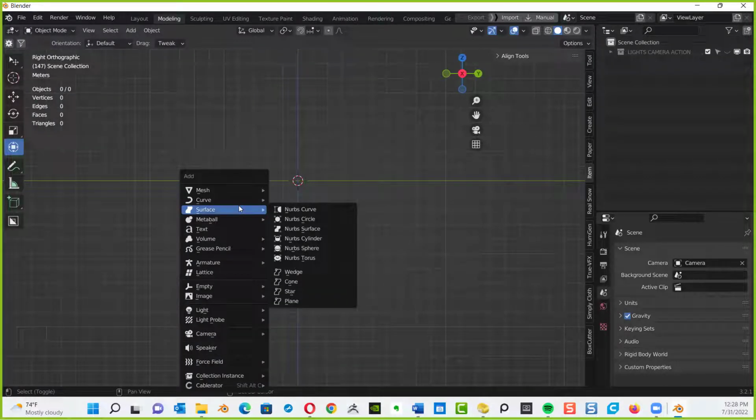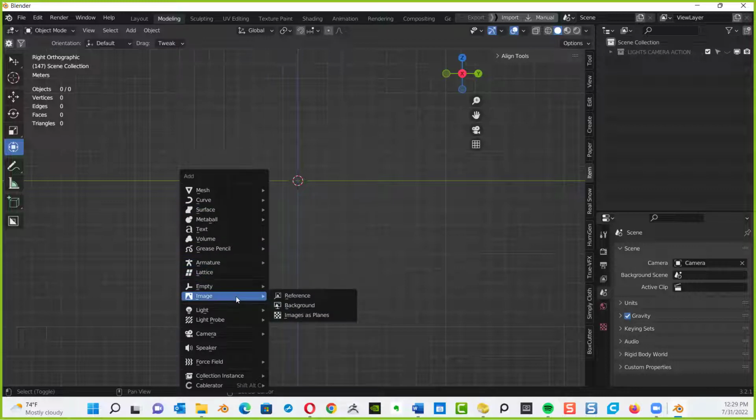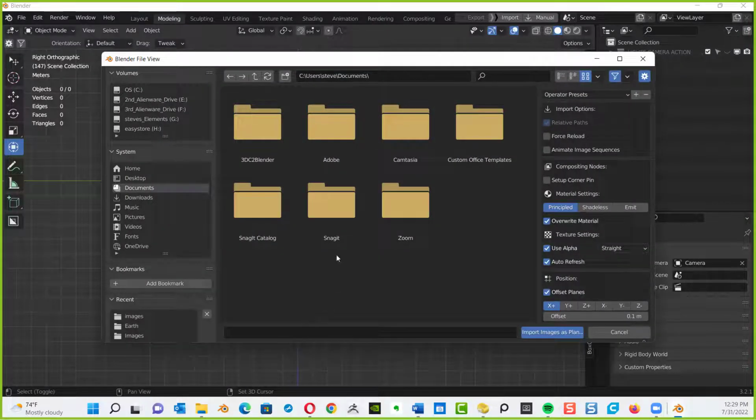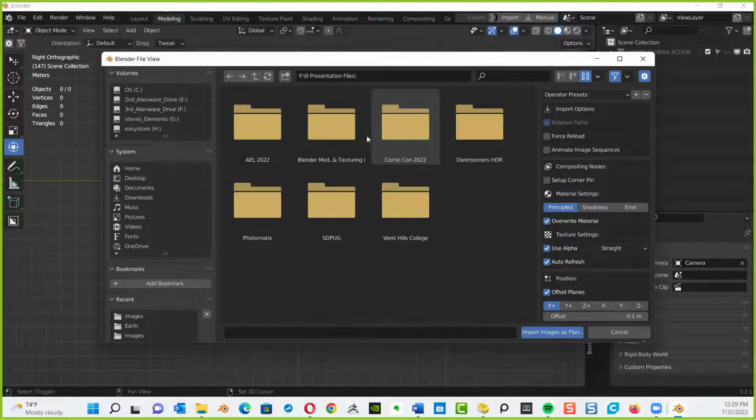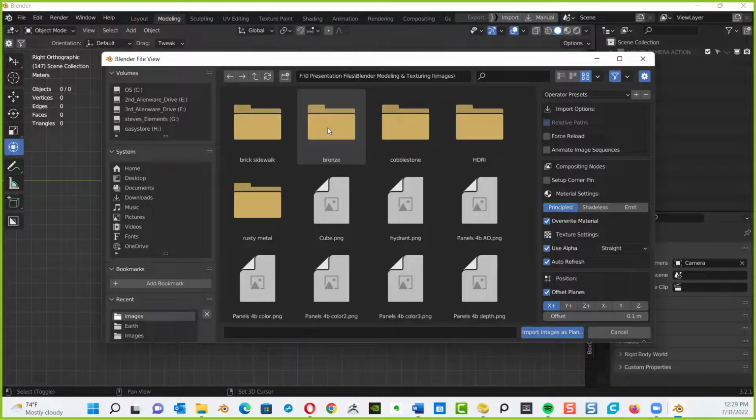Shift A, because I'm going to bring in another 3D object. Go down to images. Bring in the images as planes. Remember that option that we checked inside the add-ons folder in Blender, images as planes? Now it shows up. If I click it, I need to go get the image. So I'm going to navigate over to my drive, my presentations folder, my Blender and modeling class and textures 1.